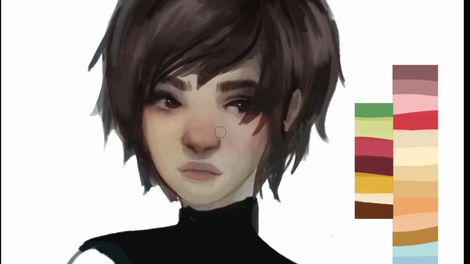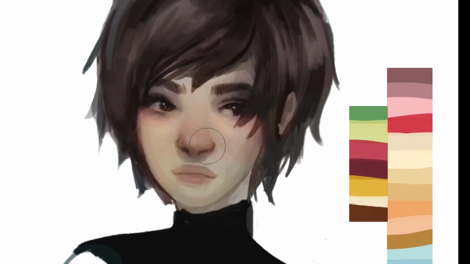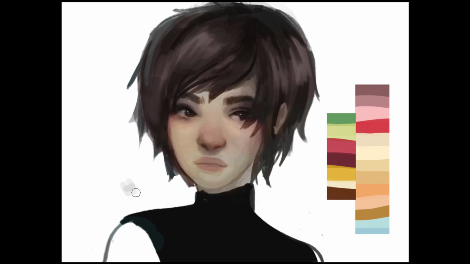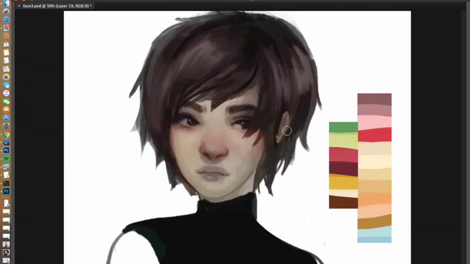Like all the colors are basically the same value, and it's very flat. So this helped me not be nearly as flat. And what I should have done is at the end, I should have changed it all back to grayscale to see if I kept my values in check, but I did not because I'm dumb. But yeah, so this part I'm still just continuing with the soft light layer.